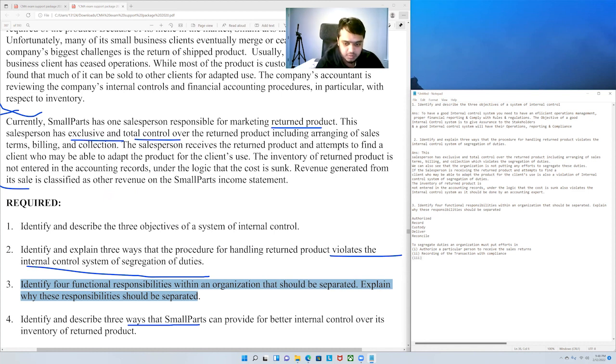Then third one, what we need to do, custody should be with a separate person. Okay. And then fourth one, what we'll do here is, okay,